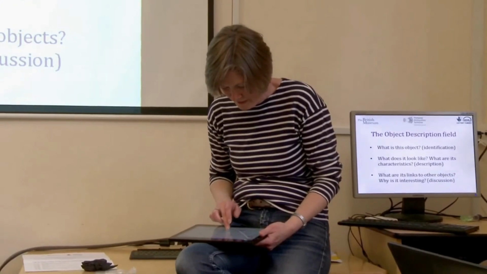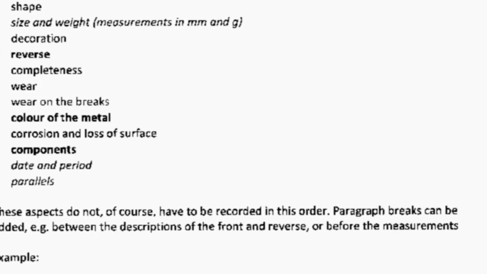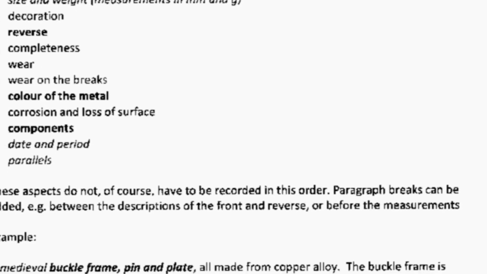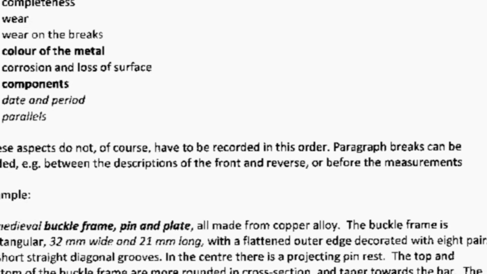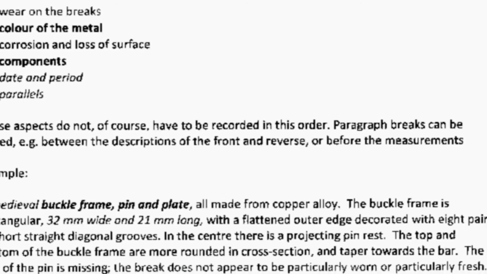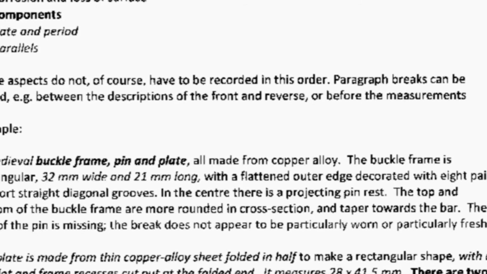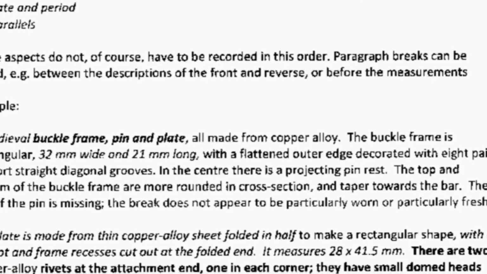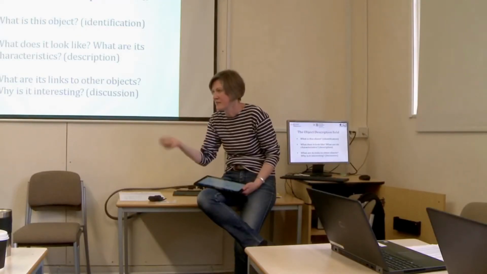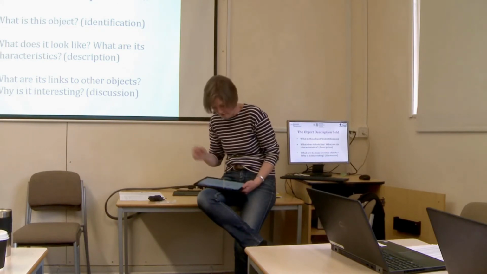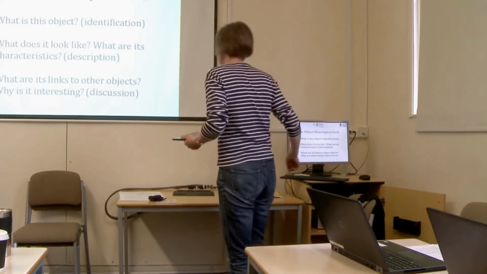What I've tried to do with handout 6 is put all the relevant aspects that you could record about an object, and then try to string them together to make some kind of sense. It's not a real object described in handout 6, but I've colour-coded it so you can see which bit of information is where. So it might help, if you're having trouble, to go through and check off that you've put in the sides and the reverse and the surface coating and the whatever. Now, these three parts,